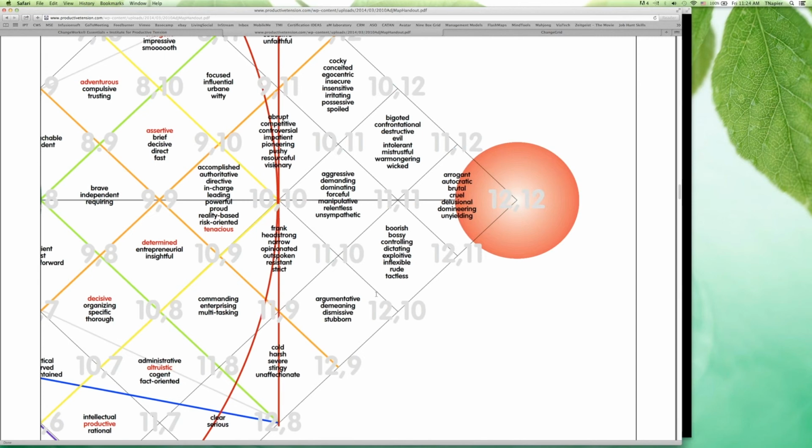Now, during this program, you're not expected to understand all of the world of adjective mapping, but if you find that material interesting, it's one of the enrichment programs that we do provide to licensed ChangeWorks professionals. And so it's really good. It helps you really understand the map, obviously, in more detail. It really helps you to get a real sense of what's happening at each of the specific locations around the change grid. But that's where you really learn about the process of adjective mapping.